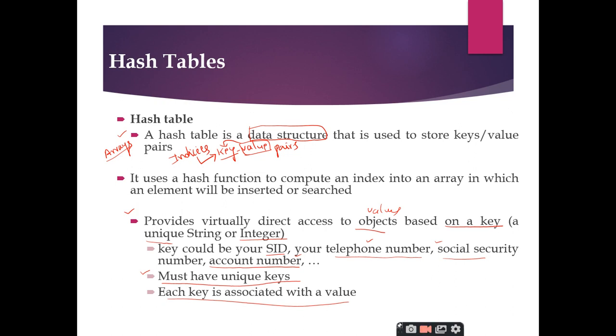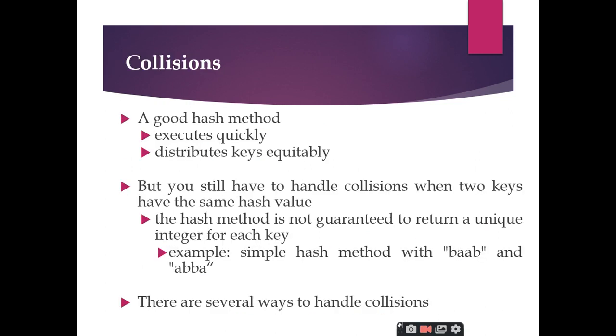Yes, sir. So in this slide, I just want to tell you that a hash table is nothing but a data structure which is used to store the values which you want to store. And one more important point regarding this hash table is that the most convenient data structure to store the key value pairs is nothing but the arrays. So the keys are nothing but indices in the array. So these are the three important points you should remember. Is it clear up to this point? Yes, sir.